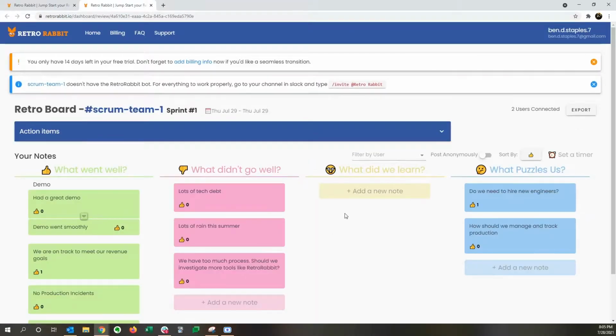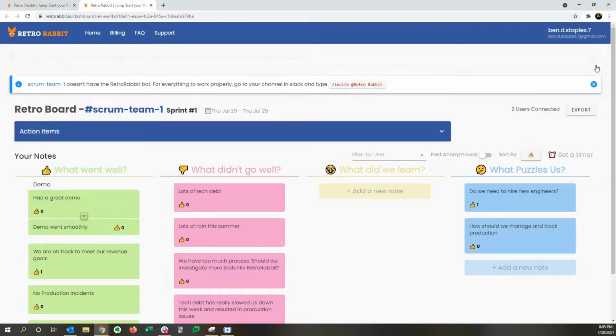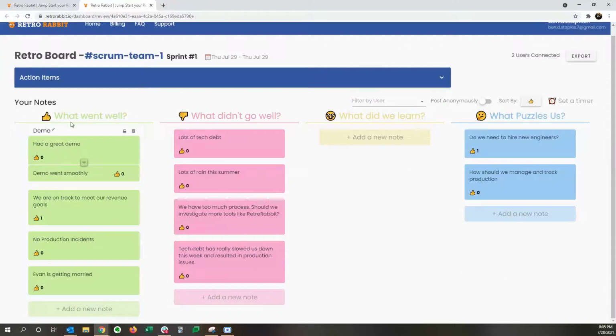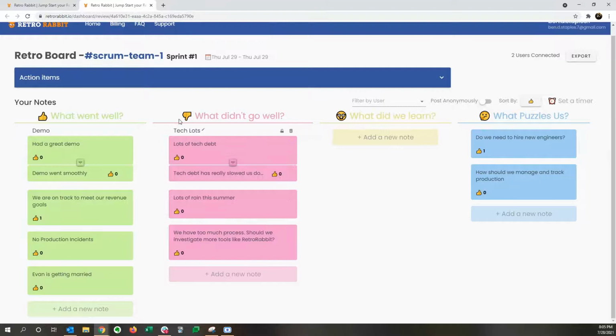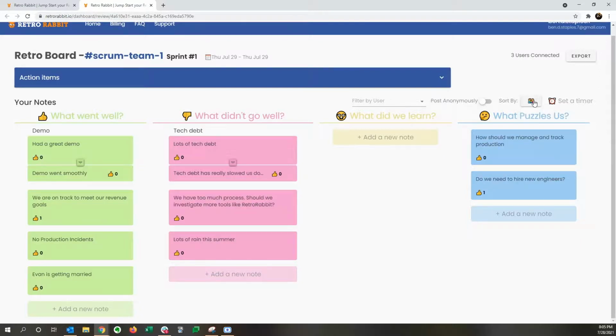So this is our web-based tool for retrospectives, and you can see we have the same topics that we added when we set up this sprint, and you can see all of the different retrospective topics magically being ported over into this sprint. You can vote on retrospective topics here or remove votes. Sorting is also possible, so you can sort by user, you can sort by votes, you can sort by date that something is entered, because as a reminder, RetroRabbit allows you to enter in retrospective notes throughout the duration of